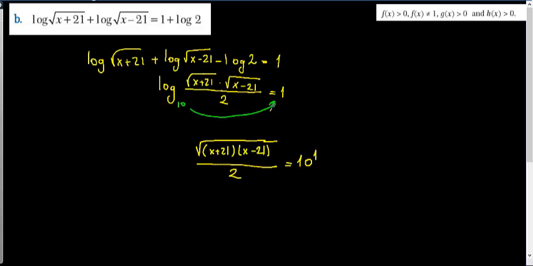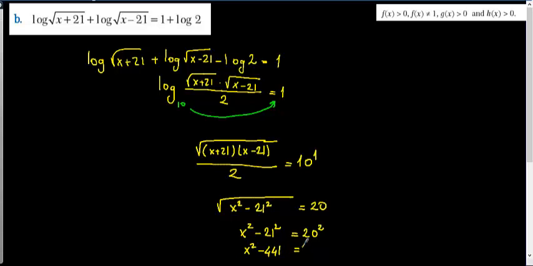Here we are going to convert to exponential form. The root of x squared minus 21, that is (a plus b) times (a minus b), is equal to 21 squared, so it's going to be 20. So x squared minus 21 squared is going to be equal to 20 squared. x squared minus 441 is going to be equal to 20 squared, which is 400. If we write the equation here again,